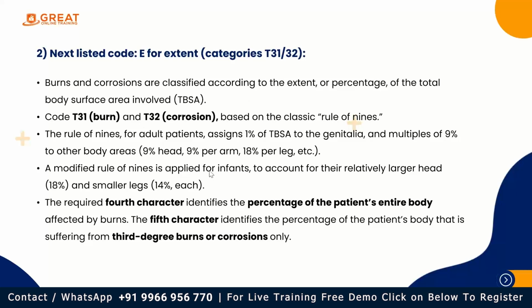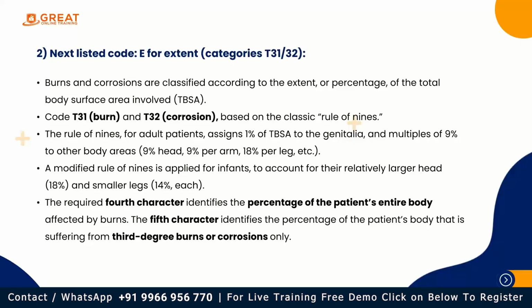I have already explained this one when there is no mention of site of burn, right? When anatomical site is not mentioned, in that case you have to use this extent code. Or if anatomical site is mentioned, you have already assigned code for anatomical site. That is done. Okay, that first step is done. But with